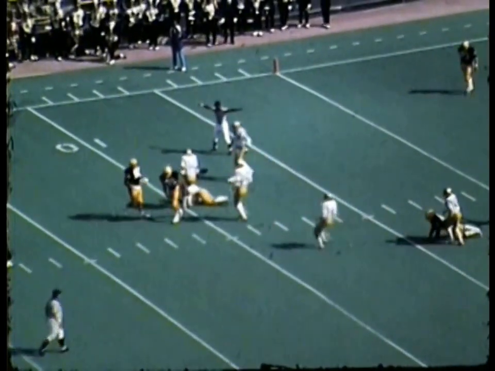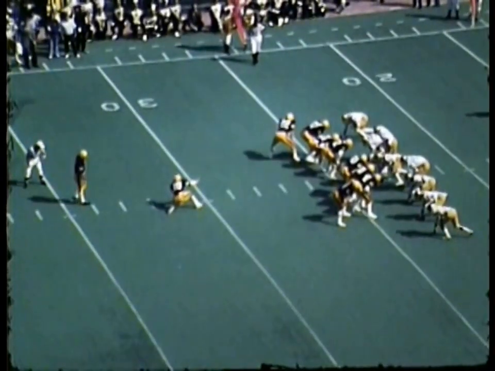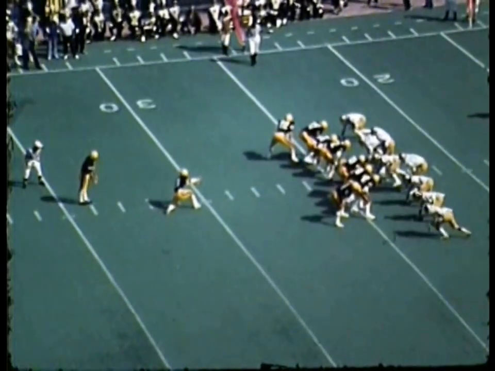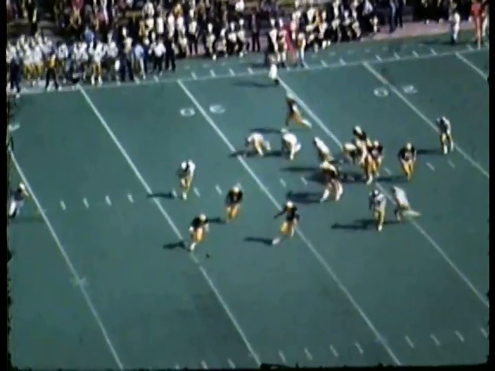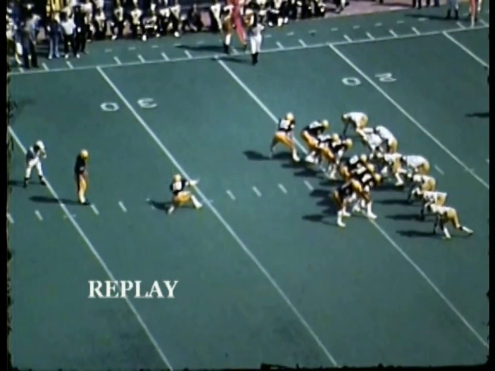All right, it's third down and 10 for the Hawkeyes now, and they're on the UCLA 24-yard line. Quintero is going to attempt a field goal. The ball will be spotted on the 30-yard line. Right guard spots the ball. The kick is blocked. Quintero goes back and picks it up, and he falls down on the 32-yard line, and with 10 seconds left to go,